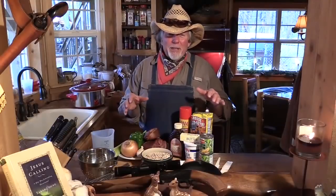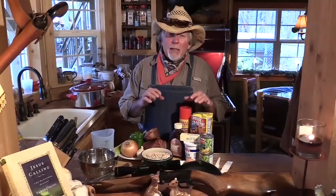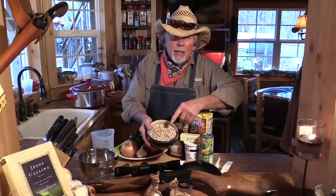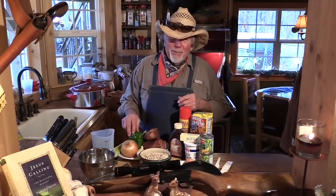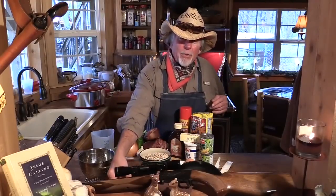Now I got all the ingredients assembled here for our black-eyed peas and our cornbread. But first, I'm going to tell you about the black-eyed peas. Now I got a pound of dried black-eyed peas right here in this bowl. Other ingredients: we got a yellow onion, a green pepper, a stalk of celery, garlic, and in the South, especially